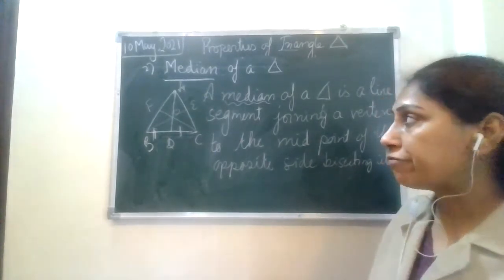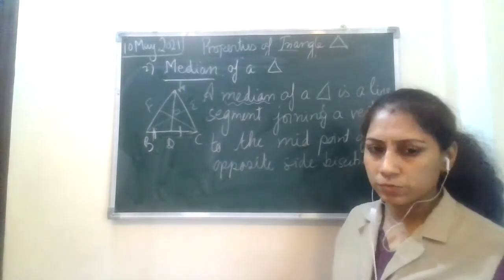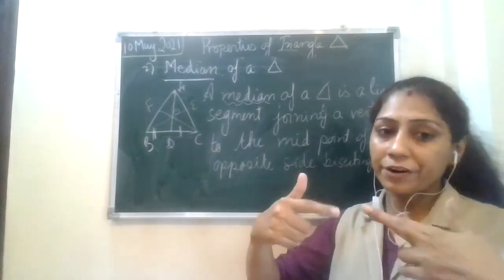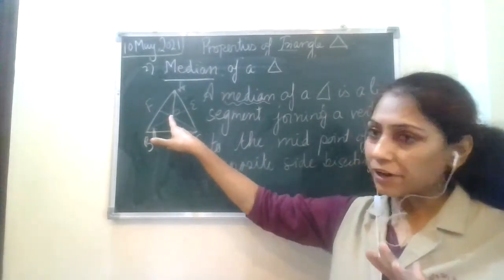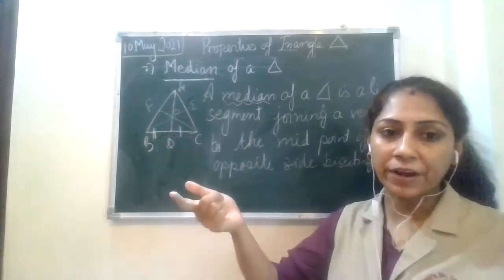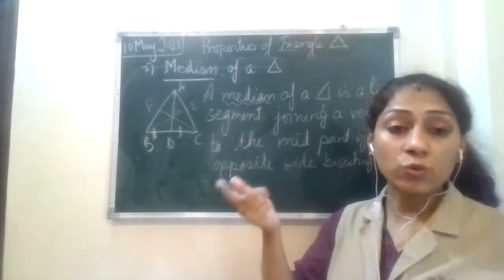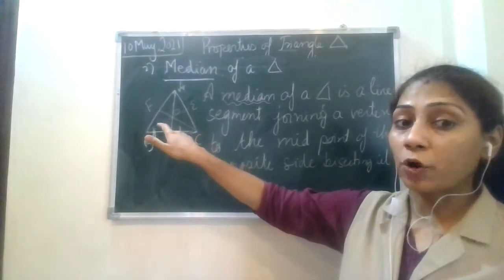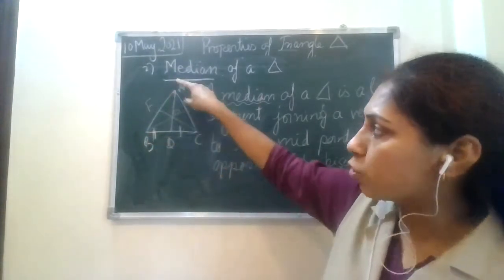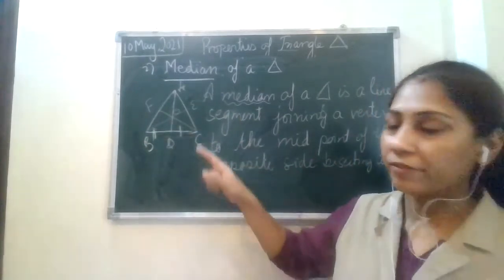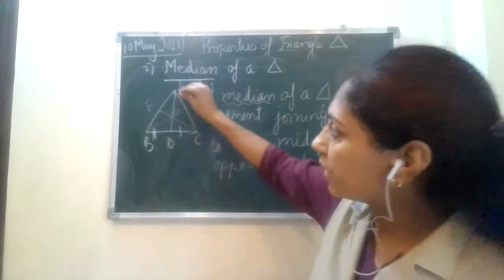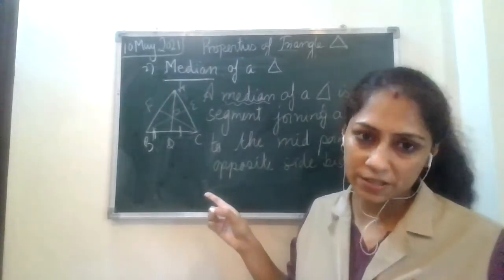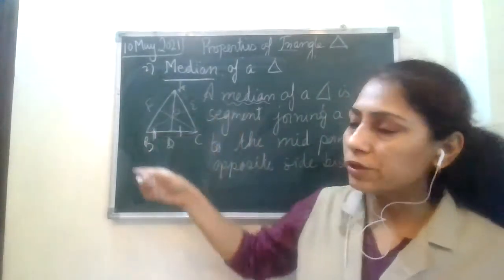If you draw one thing more, just an additional point: I have put the center as O. If the 3 medians of a triangle join at center O, your triangle is in proper symmetry. Draw an equilateral triangle, draw the medians. An isosceles triangle also is going to be in proper symmetry. From the center O, which has become a centroid, you can draw a circle, taking the radius as OA or OB or OC. It will make a circle which will go through all these 3 vertices. Plural is vertices.